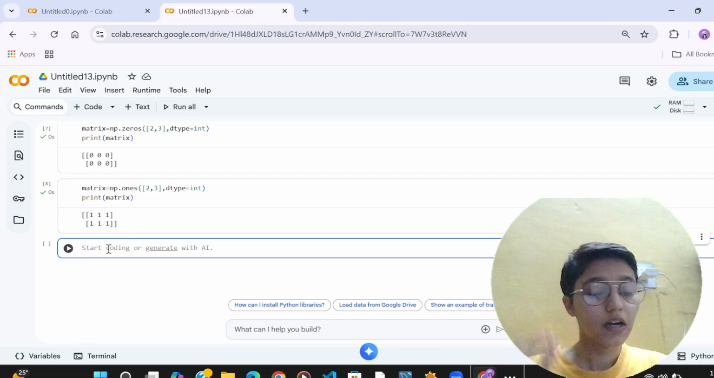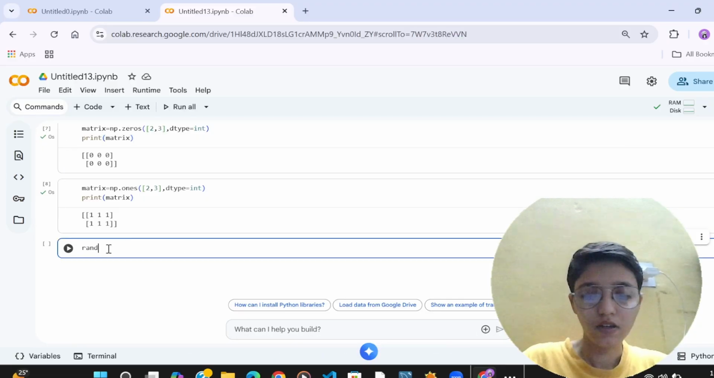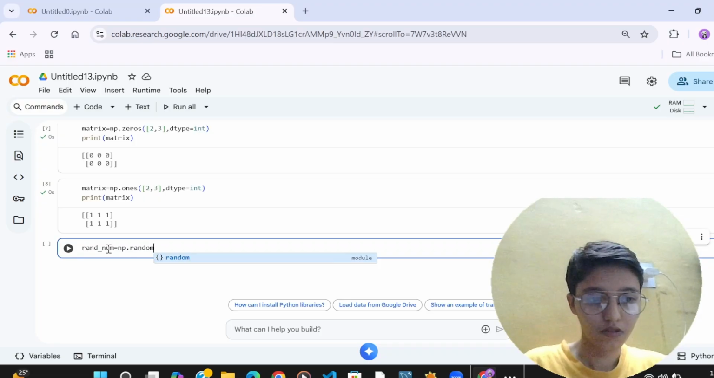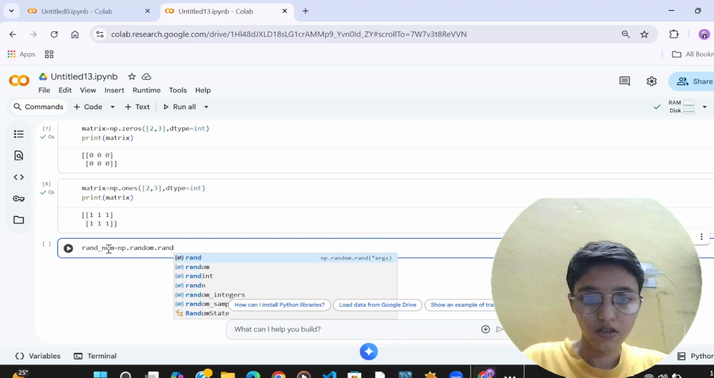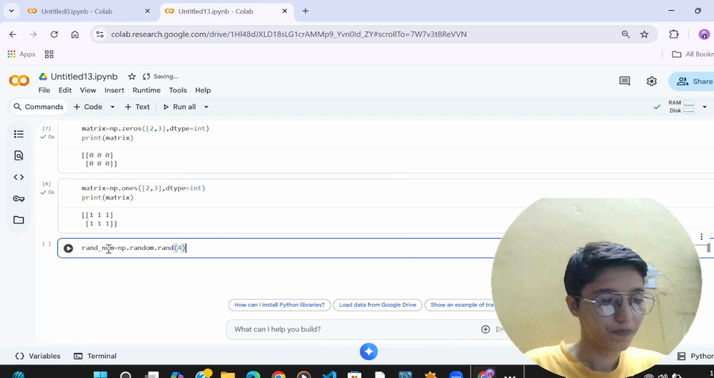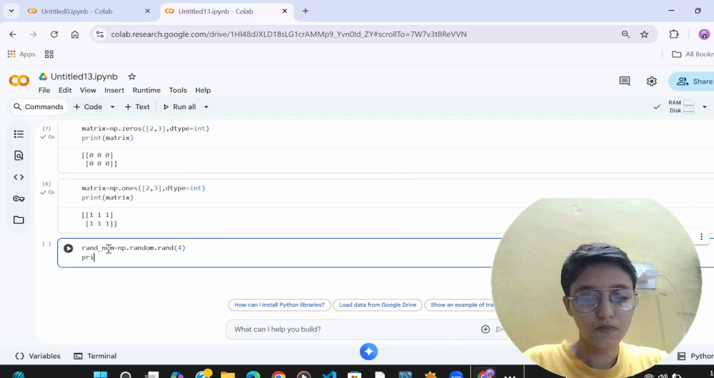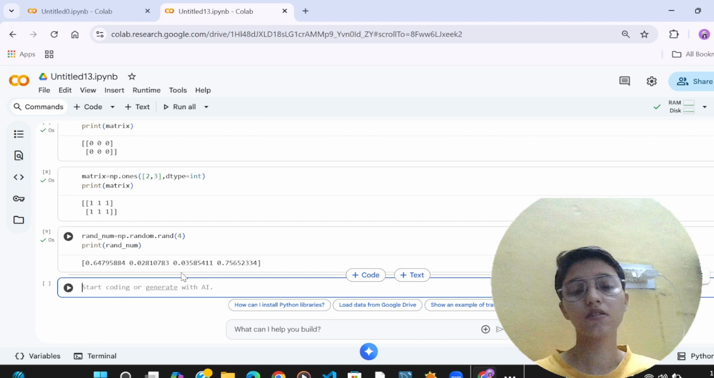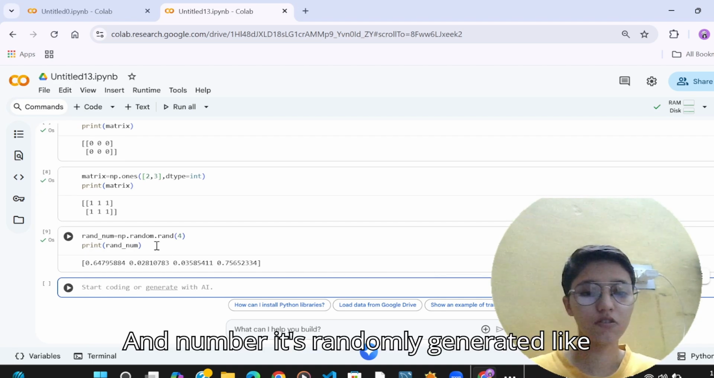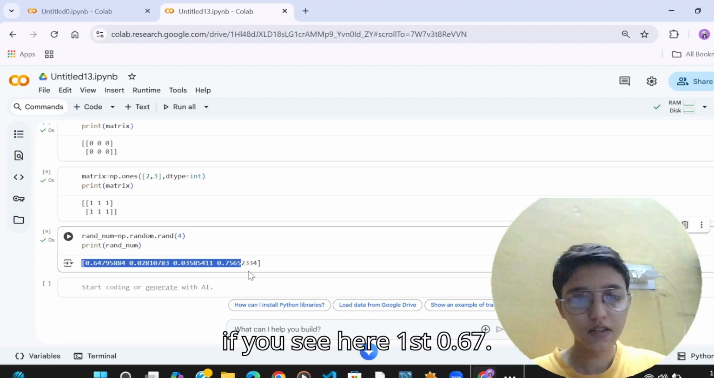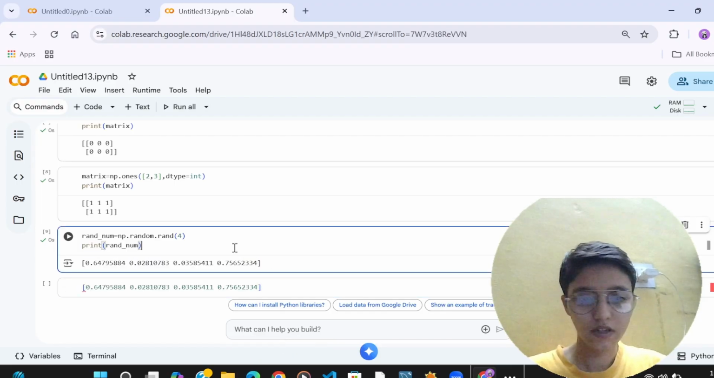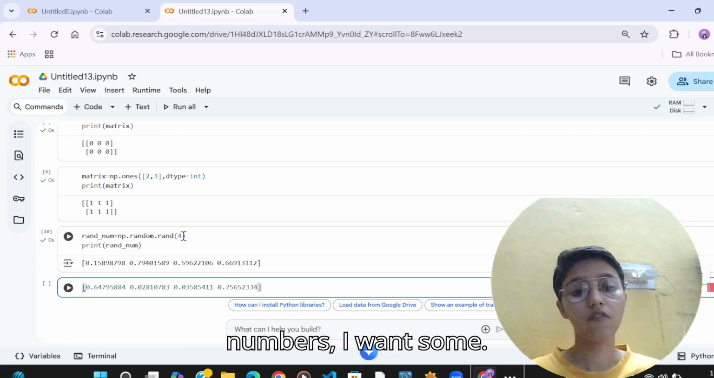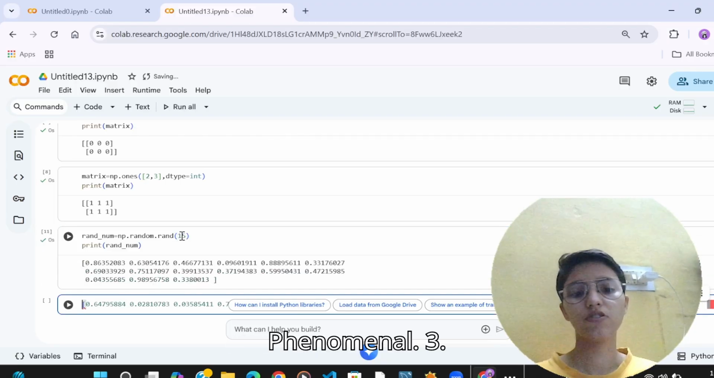Now if I want to print some random numbers, it's randomly generated. Like if you see here, first 0.67, because it automatically generates random numbers. If I want some random number,